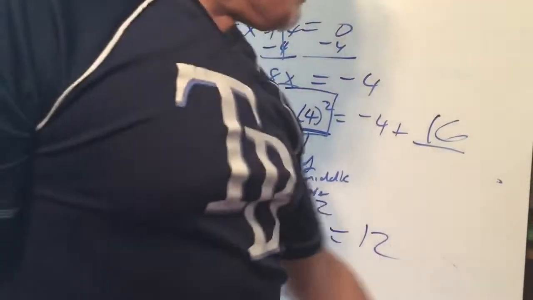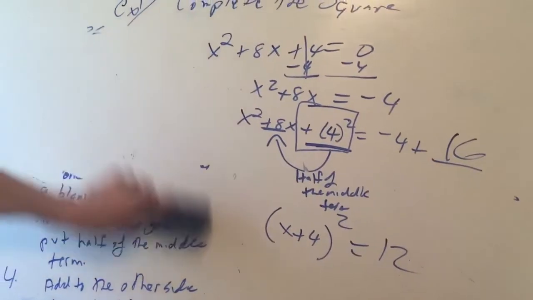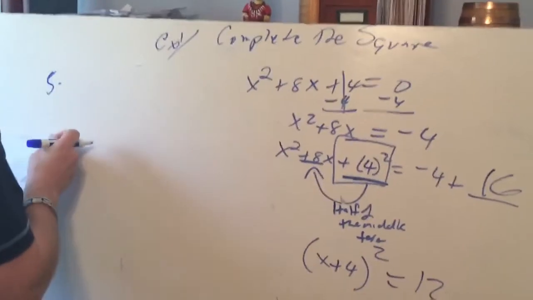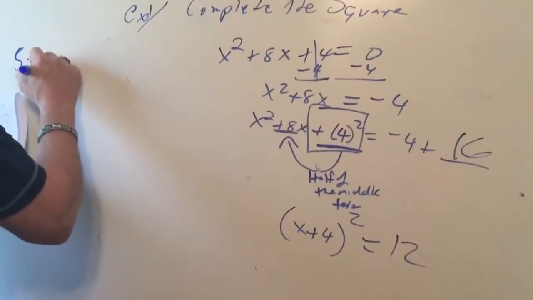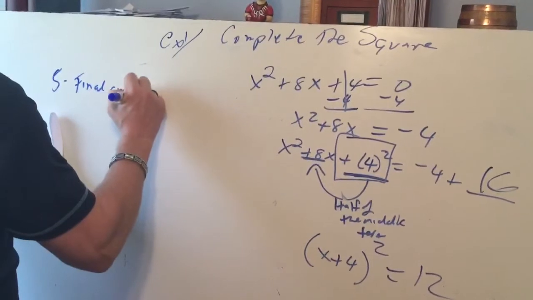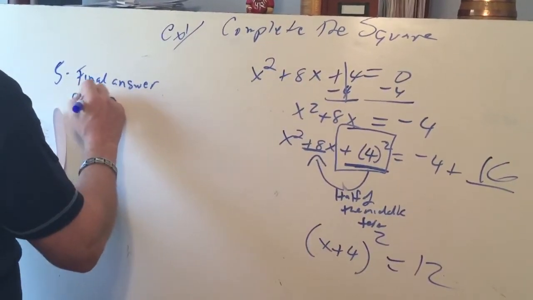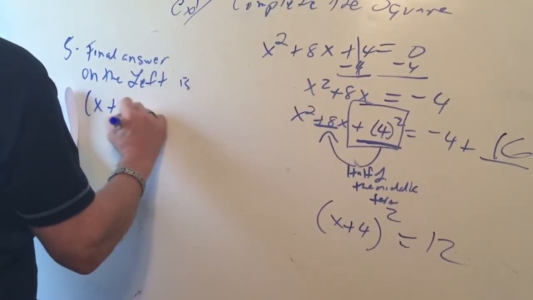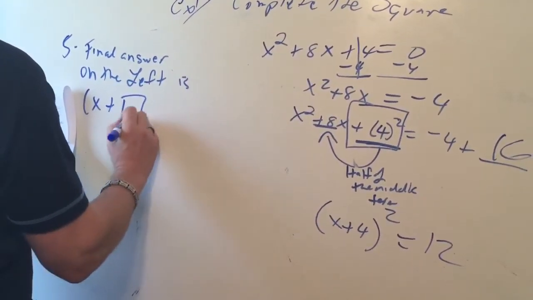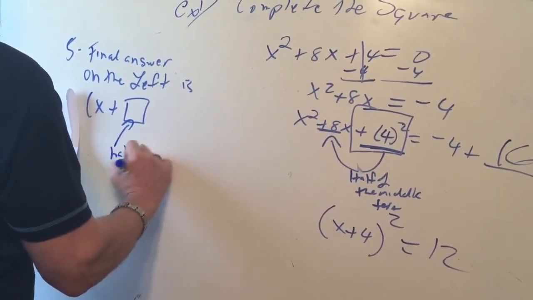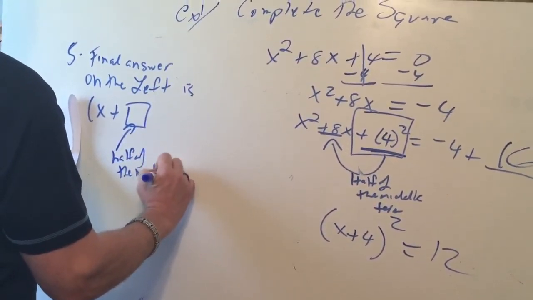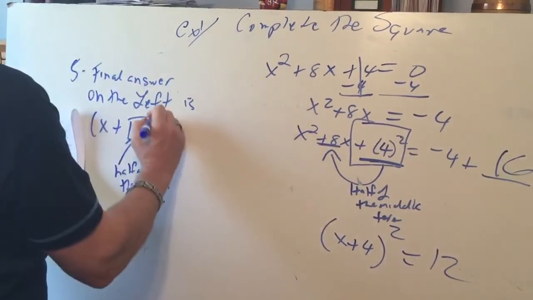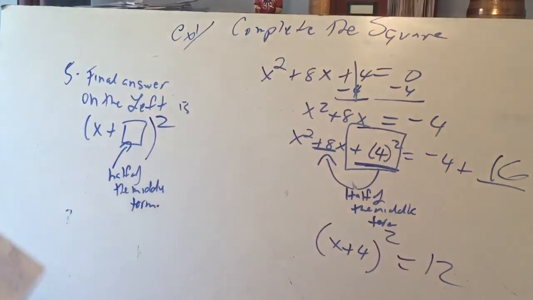So step number 5, I'm going to put up here. All right, step number 5 is final answer. On the left is x plus whatever you put in here, which is half of the middle term, okay? And obviously squared. All right, so that was step number